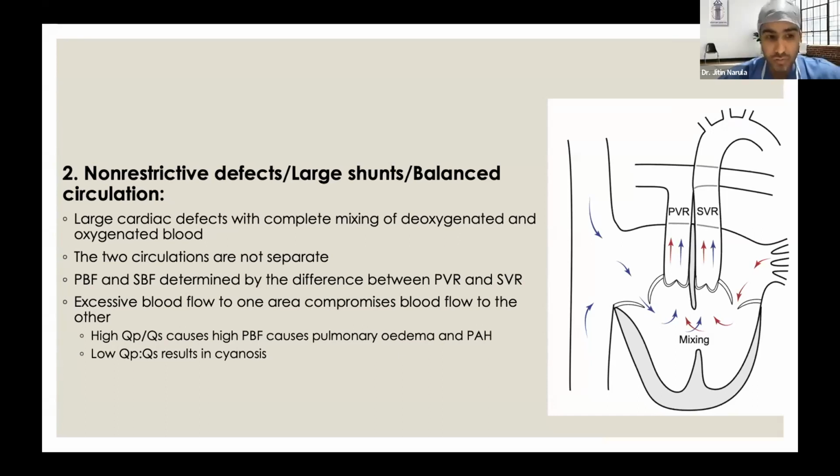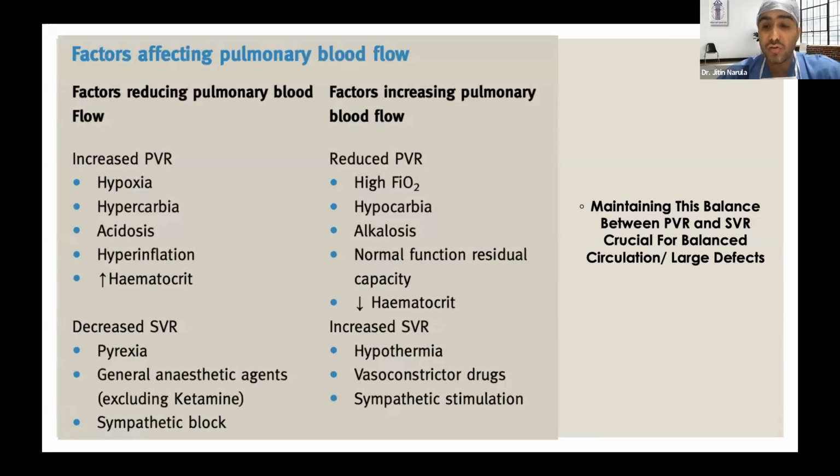A high pulmonary blood flow to systemic blood flow, or the QP by QS ratio, causes high pulmonary blood flow, causing pulmonary edema and pulmonary artery hypertension. Whereas a low QP by QS results in flow from the pulmonary side to the systemic side, resulting in cyanosis. So it's very essential in these patients to maintain the balance between the pulmonary vascular resistance and the systemic vascular